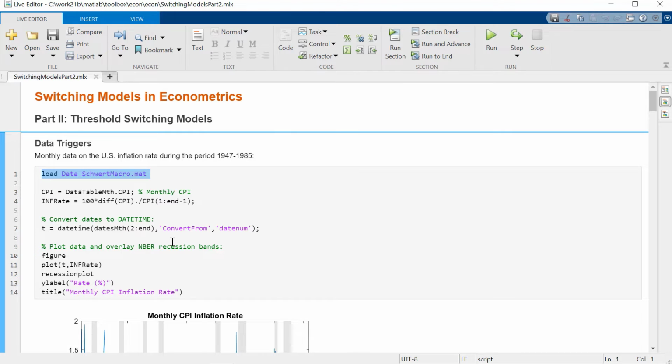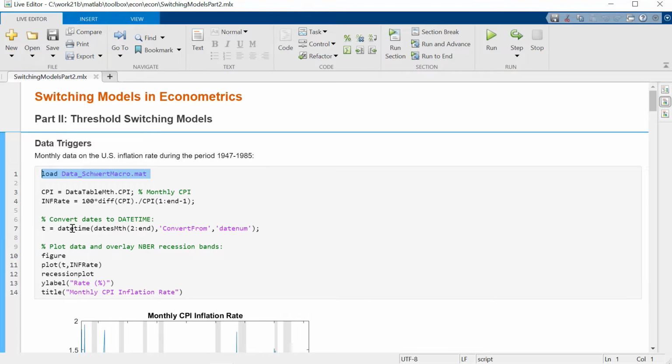The second thing we're going to do is convert the dates that get loaded, these monthly dates throughout the year, into a datetime vector, as we did in the previous presentation, remembering that datetimes are the preferred container in MATLAB for anything involving times and dates. If you're going to go on and do any kind of calculations with the times and dates, or as we're going to do here, if you're going to create plots and you want to have a nice display of the dates on one of the axes, then datetimes are good containers.